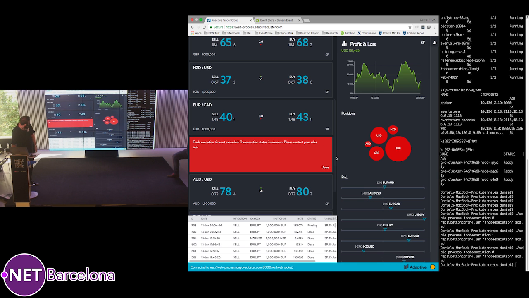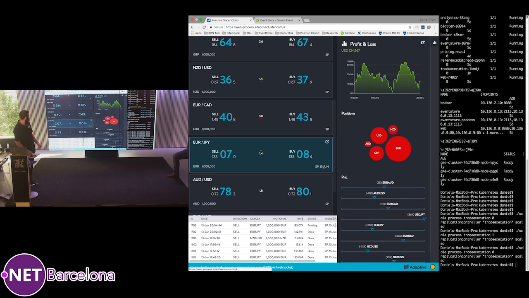It's probably worth noting that everything else is still running, so we're still getting price ticks come through, and every other part of the system is still working. We have disabled the ability to execute trades, so I can't actually click and execute anything because that service is not running. So if I go back over to my console now